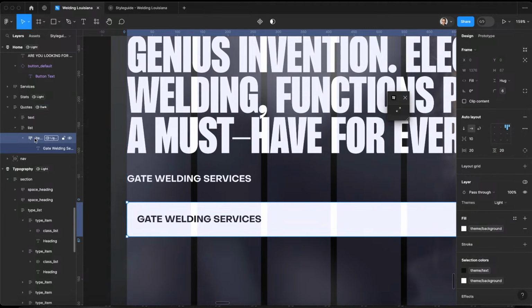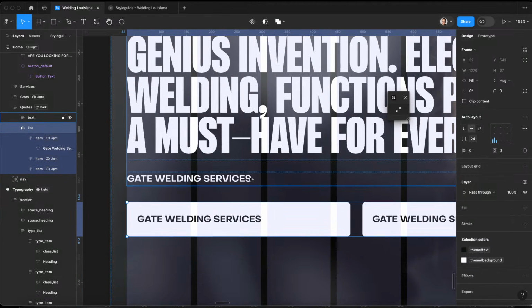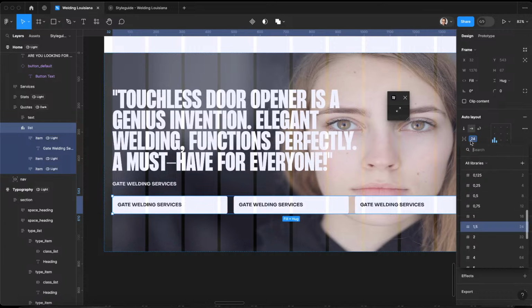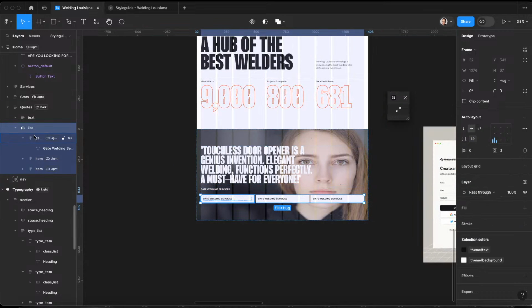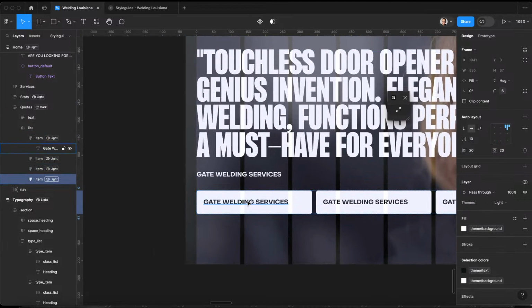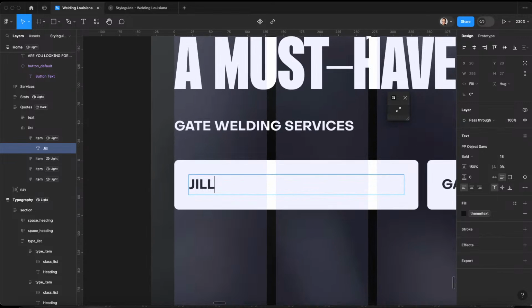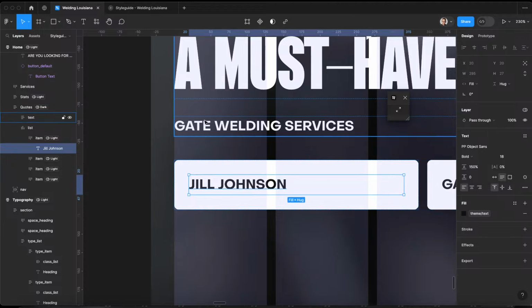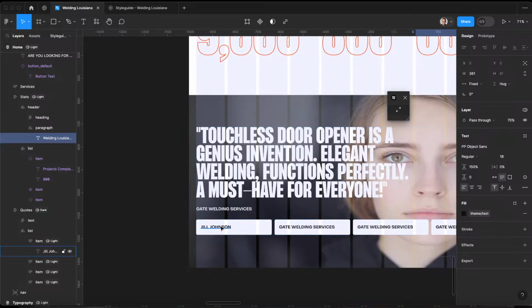The thought is we would have a couple of these guys, turn the list this way, give it the gap of our grid gap, duplicate this one more time. And so we'd have, I don't know why, I'm just going to name her Jill. Jill Johnson, most generic name. And then we will copy this,